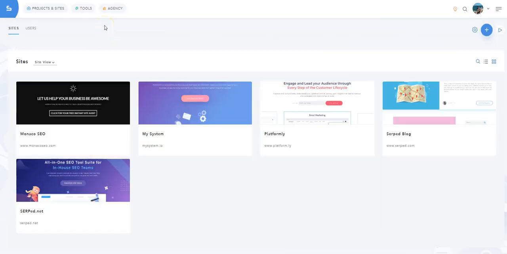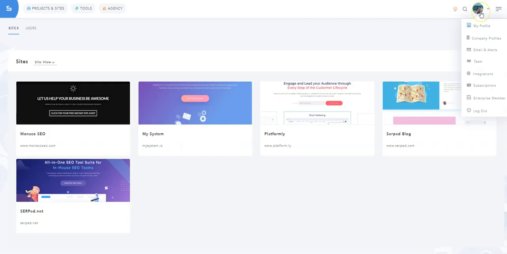Open the Agency menu located here and click on Agency Dashboard. Then click on the Settings cog here. First, you must select a company profile. Remember, you can create a company profile from here if you don't already have one. Chances are you only need one company profile for your agency, but you can create multiple ones if needed. Let's go back to the agency settings and select a company profile.